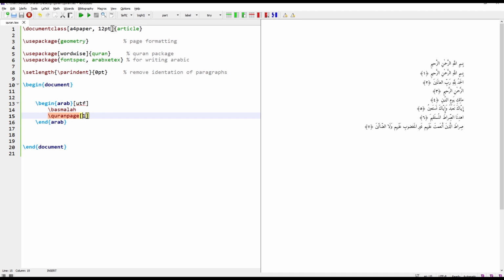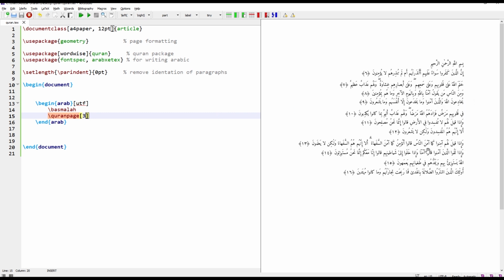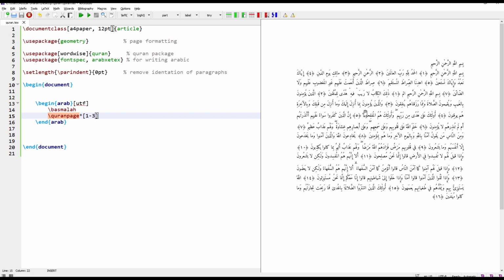Similarly Quran page 3, third page of the Quran is this, and similarly Quran page star 1 to 3. First three pages of the Quran. So these are the first three pages of the Quran coming in single paragraph.